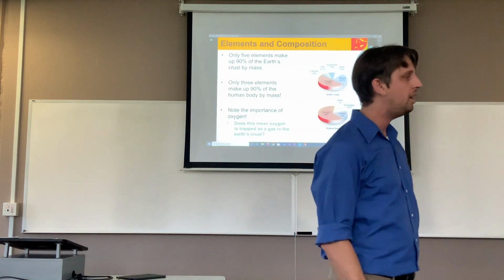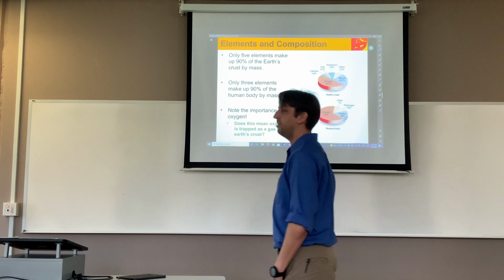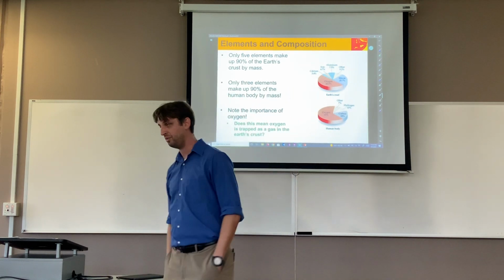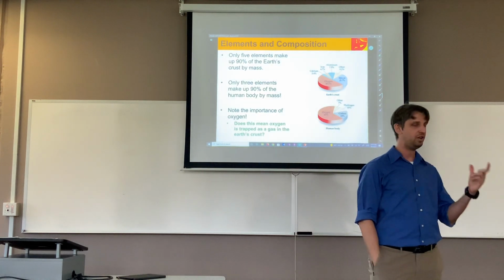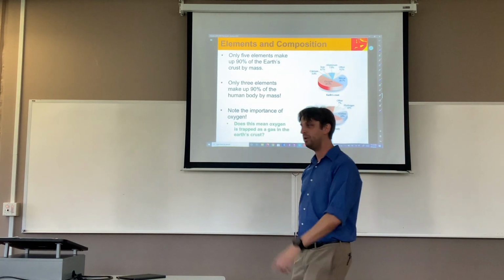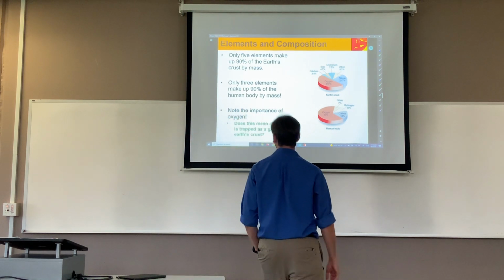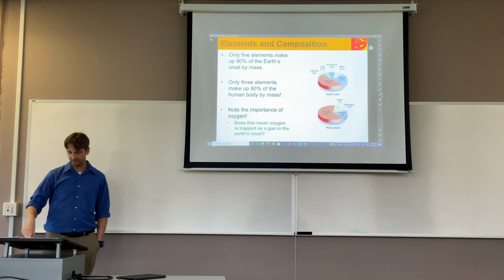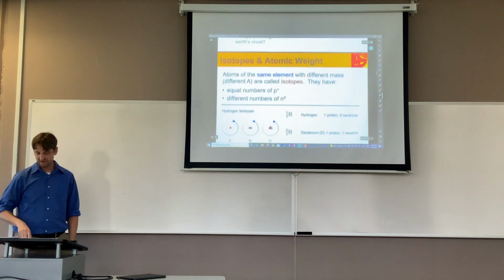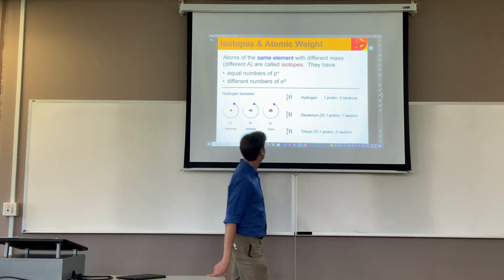But oxygen is found in many, many different places. And that's kind of what we talk about in organic chemistry and biochemistry. Where is all that oxygen? Where is all that carbon? Where are all those hydrogens? And how do they transform, and how do they change, and how can we use them in biological systems? So we'll talk about that quite a bit. That's what I'm talking about with that question right there: does this mean oxygen as a gas is trapped in the Earth's crust? We'll talk about why that's probably not the case.